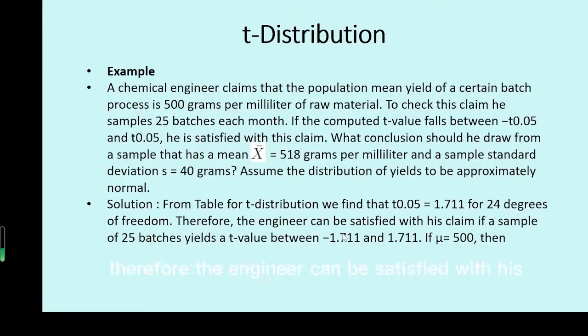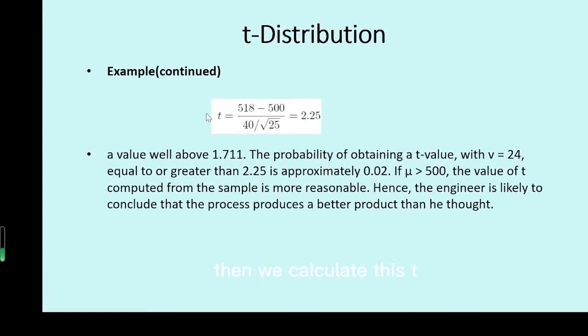Therefore, the engineer can be satisfied with his claim if the sample of 25 batches yields a t-value between minus 1.711 and positive 1.711. So if the mean equals 500, then we calculate this t statistic equals 2.25